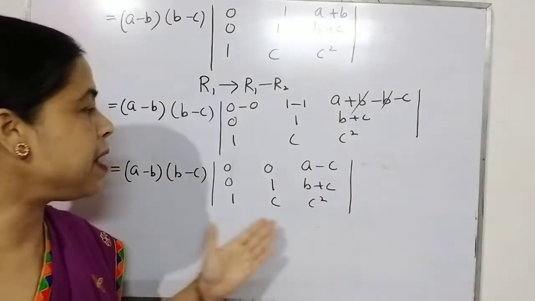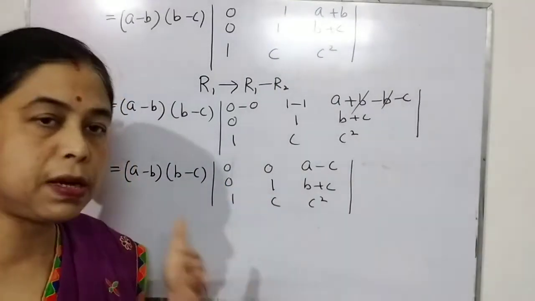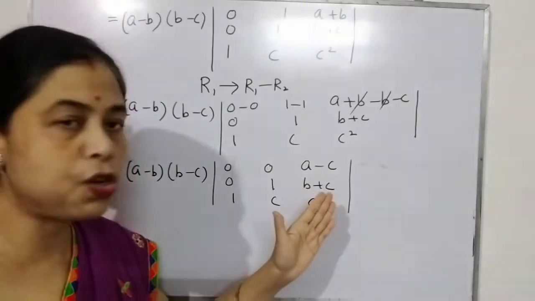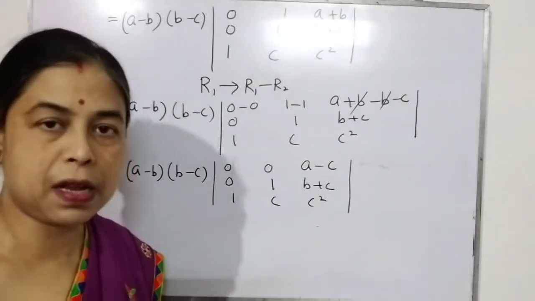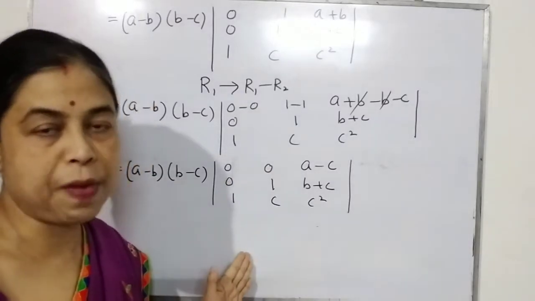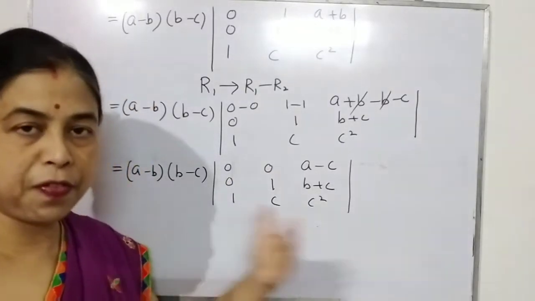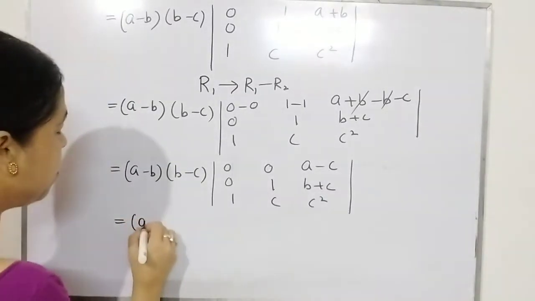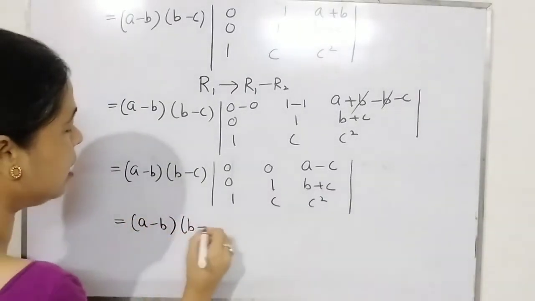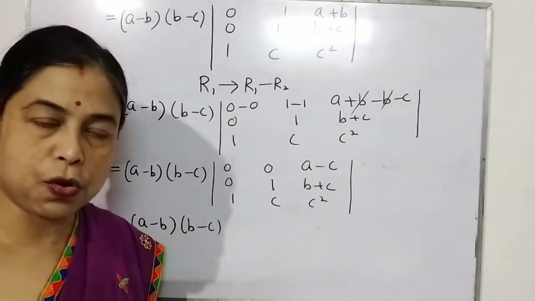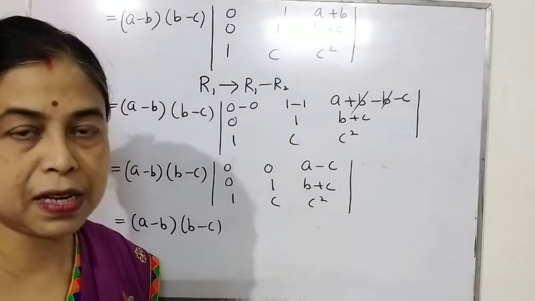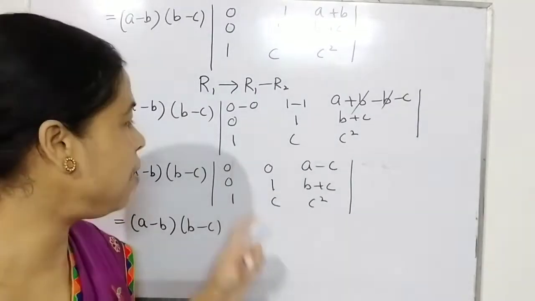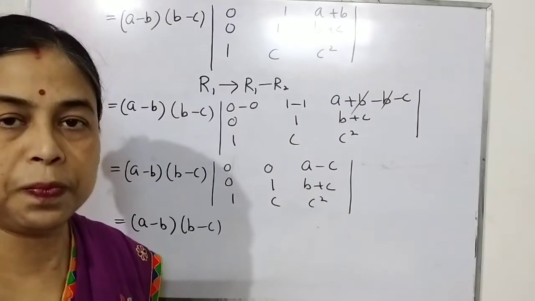Now you see, you can expand, because you have got 2 zeros out of 3 elements in a particular row or column. In terms of the first row, if you want, you can expand, or in terms of the first column also, you may expand it. Generally, we prefer the first row, so let us expand in terms of the first row. You don't have to write down anything if you expand it in terms of the first row. Other than the first row, if you expand in terms of the second row or second column, you mention it.